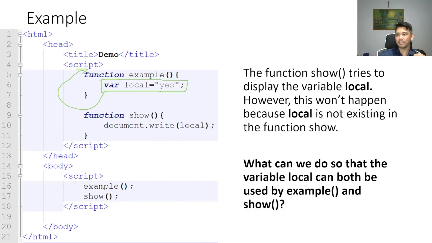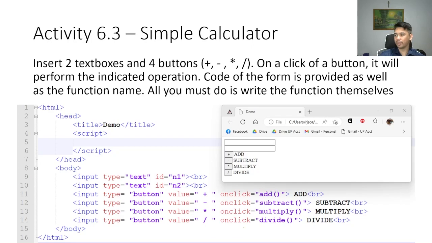All right, so with that, let's try putting it into practice. Take a look at this. I have here a simple calculator. I want you to add 2 text boxes and 4 buttons. I've already provided the code of the form. Sorry, this should be inside the form tag. What should happen is, upon clicking any of the buttons, it will perform the operation assigned to it. If you click add,